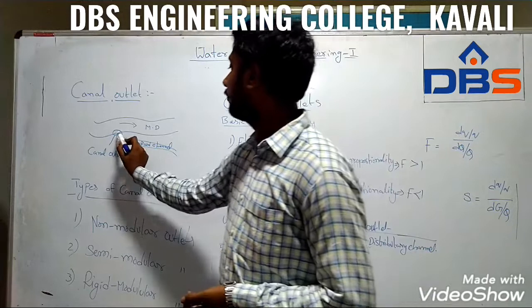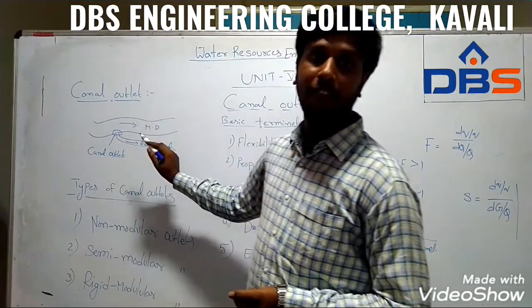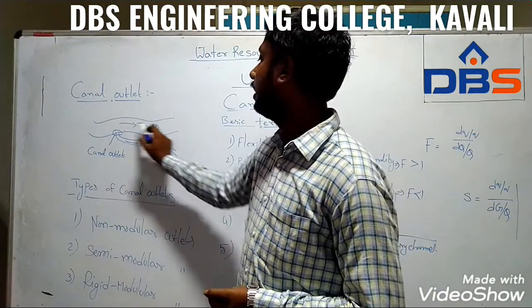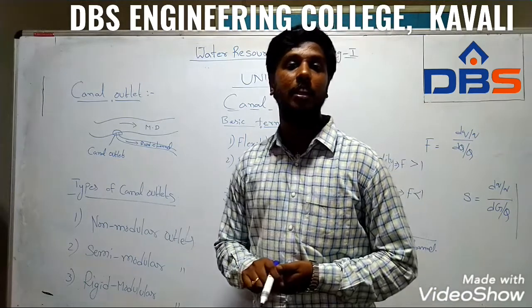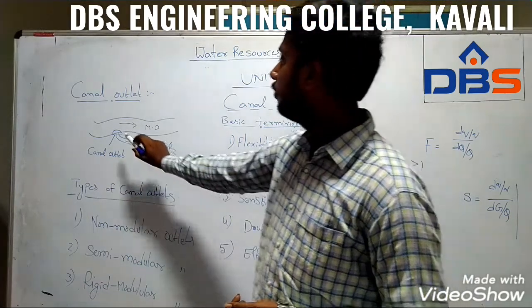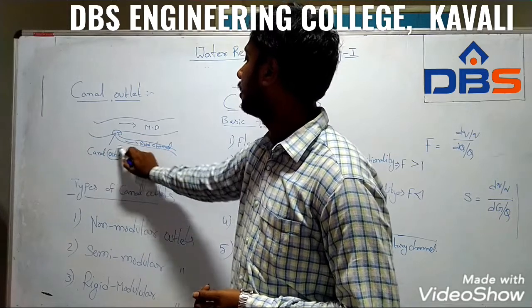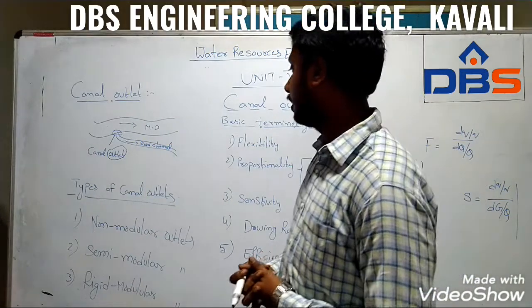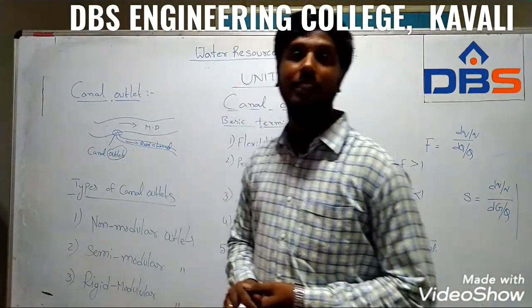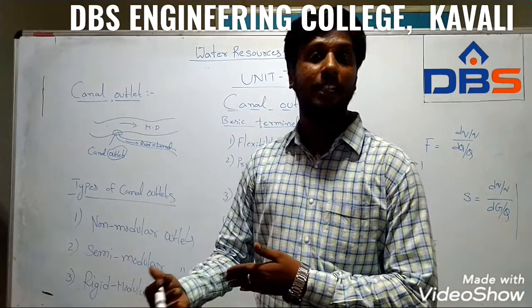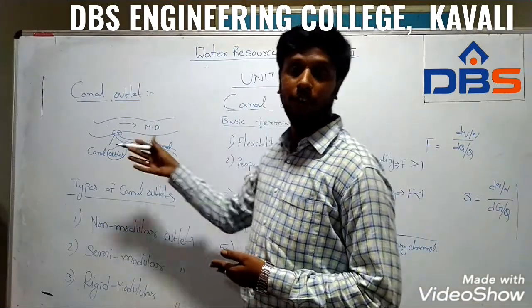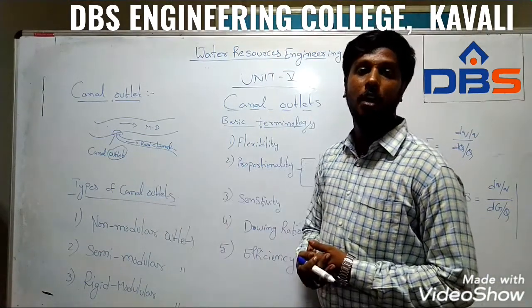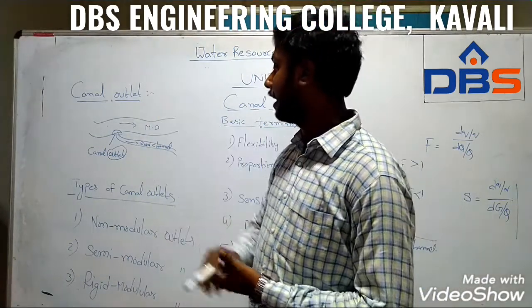See here the arrangement of a canal outlet. Everywhere the collecting channel is perpendicular to the normal flowing channel. It is the rule for designing any canal system. So here we are providing one small outlet for the canal, that's why it is called a canal outlet. A canal outlet is also called a canal escape. Here the water escapes from the main distributary to the field channel, then it is transferred to the field or another small field channel. Okay, this is about the canal outlet.